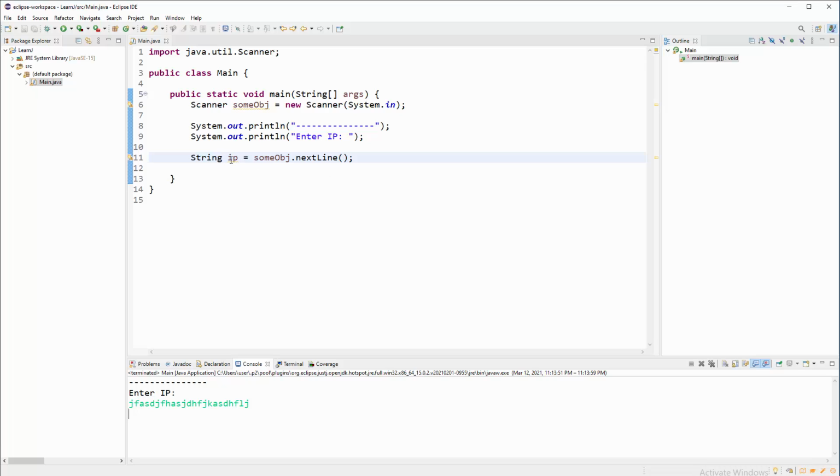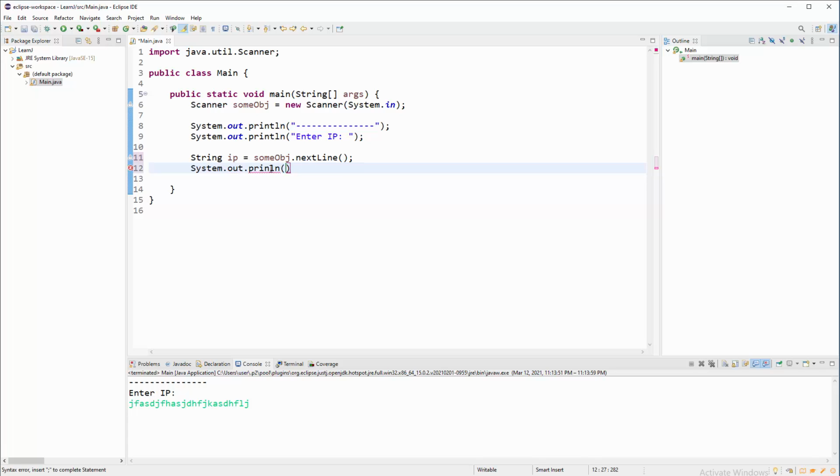So let's use this IP now that we have through some object. This object is like an intermediary, let's say, but that intermediary must exist. So let's use this IP in a simple operation of printing on a screen. So this is system out. System.out, we'll know about that up till now multiple times. Print line,